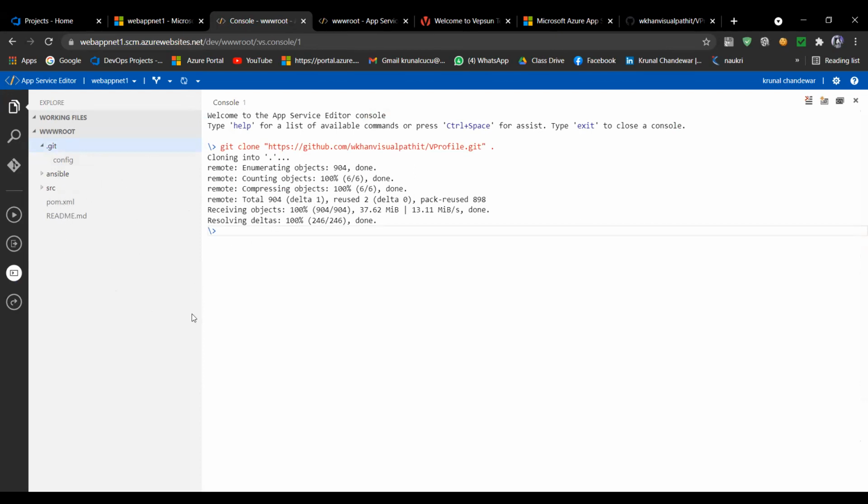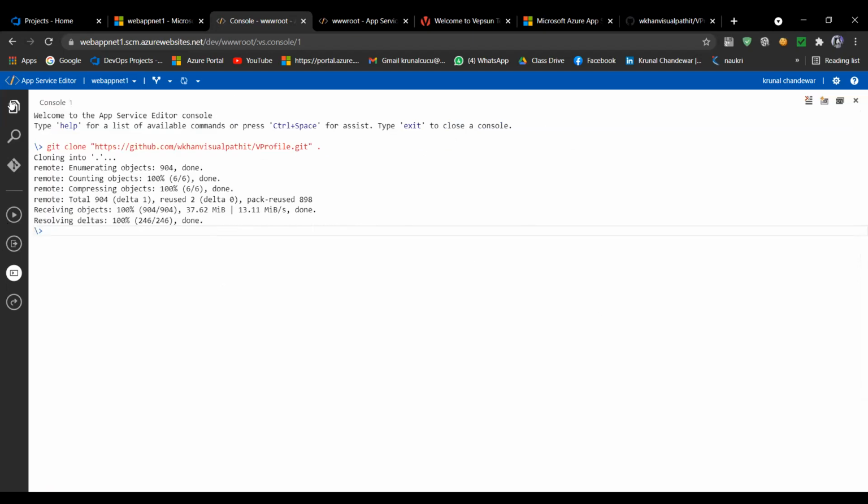Okay, this is also one way of deploying any project into a web app. Like, I made one project, and I will build that project in Visual Studio. But this is an already made project. I copied it and made a copy here, and now that project is available. See, if you click here, you can see it.